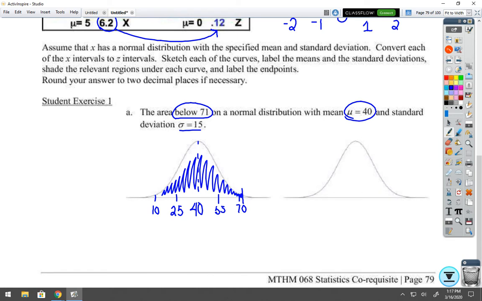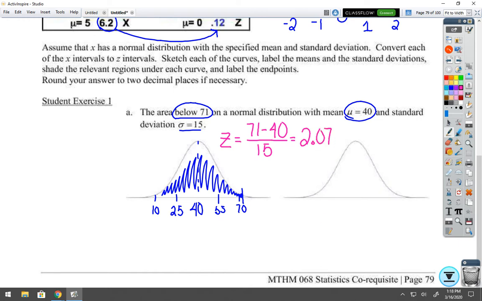Now what we're going to do is calculate the standard normal, or the z-score, for this data. We're going to get a z-score. So we're going to take our data statistic 71. We're going to subtract our center, our mu value of the original data of 40, and we're going to divide it by the standard deviation, which was initially 15. It matters that it's 71 minus 40 because that produces a positive number. When you do that math, you get a